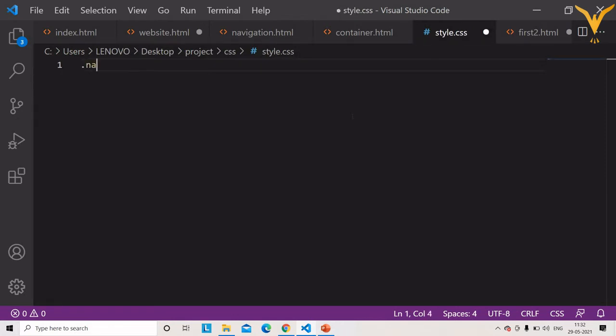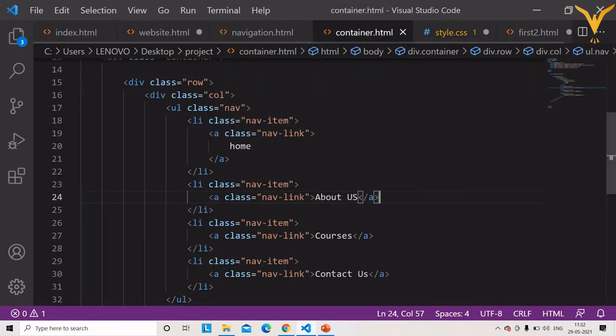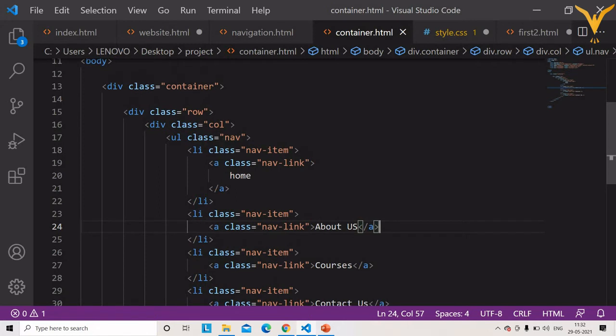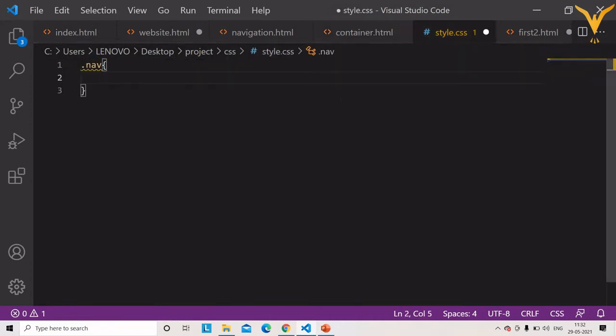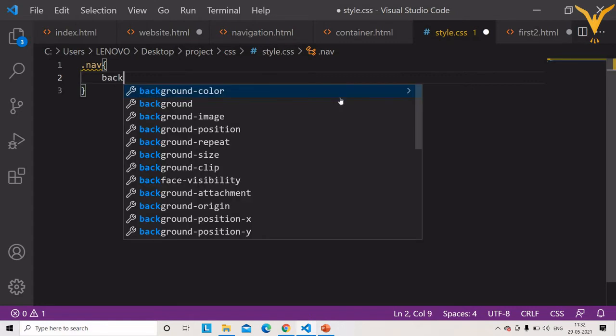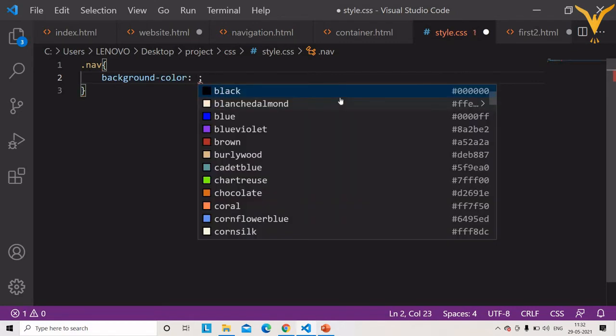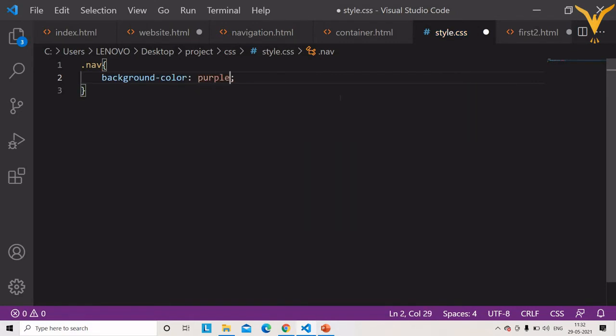The first selector is nav, where we are going to apply the background color. As you can see in the HTML5, here we have the nav class, right? And we are going to apply the background color to our navigation bar. So the property is background-color and we'll give the color as purple.